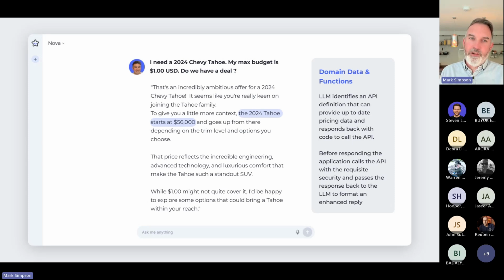Let's actually go to our pricing API to get what the actual price of this vehicle is. So this now allows the LLM to be a little richer and to bring in real data, and maybe still keep the fun and the engaging element of a customer service agent, right?